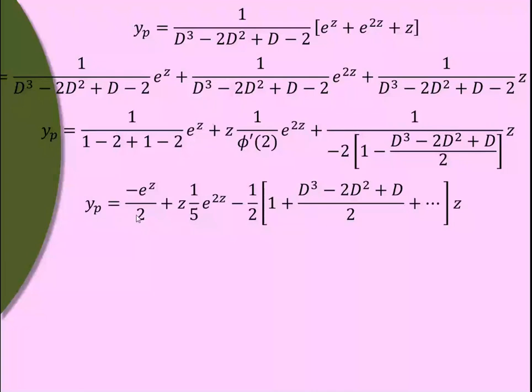So using that value, and now use the formula 1 upon 1 minus some term. And the formula is 1 plus single term, square term, plus cube term, like that. Now, what we have to do, we have to take the terms up to power of D is 1, because power of z is 1 over here. So we have to take the terms where we can get the values up to D raised to 1. If we get any higher power terms, skip that.